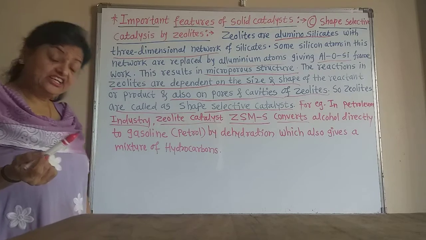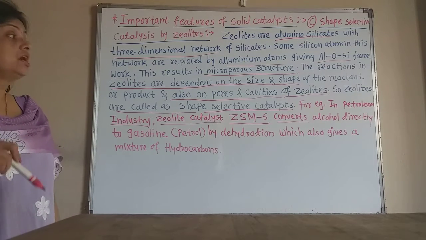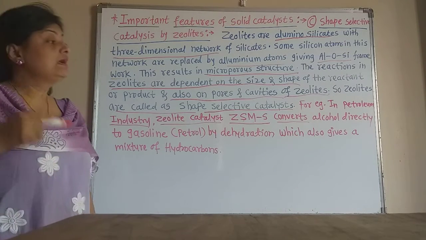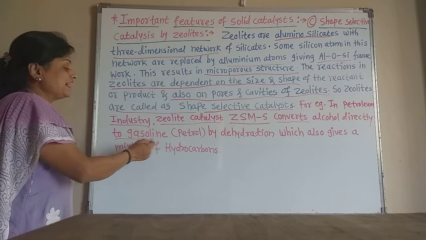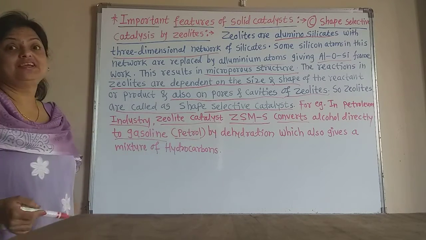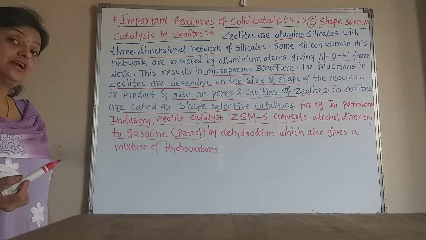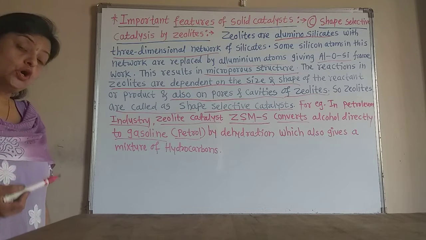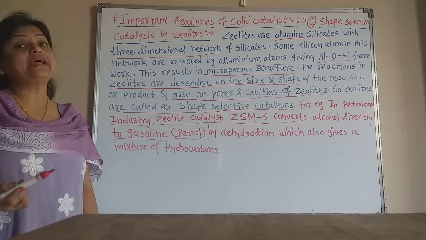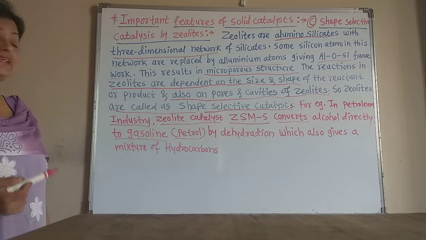And these catalysts, that is the zeolites, convert alcohol directly into gasoline, that is petrol. In the petroleum industry, petrol is directly formed from alcohol on the surface of the zeolites, that is ZSM-5,